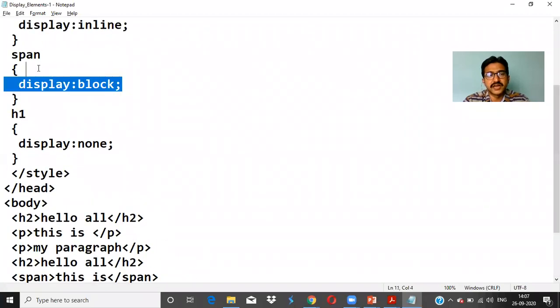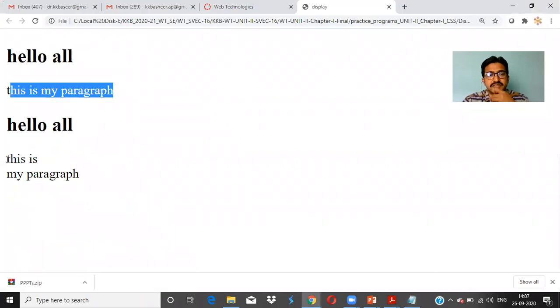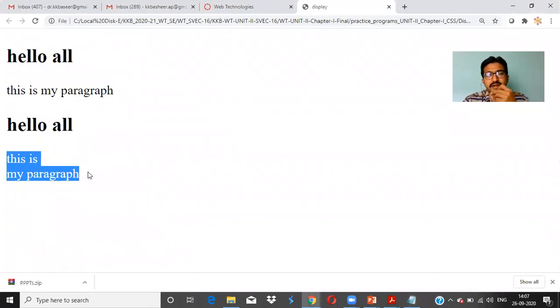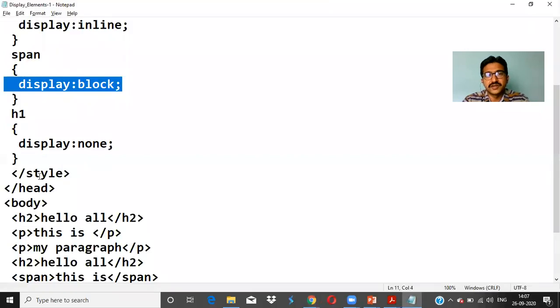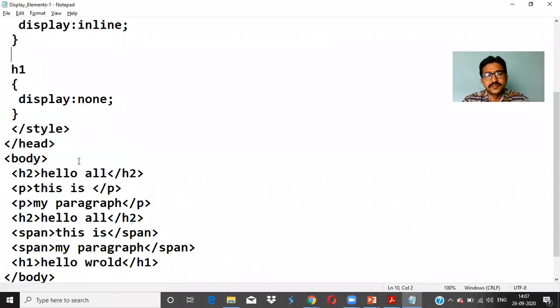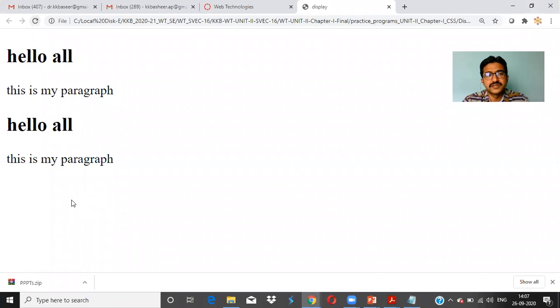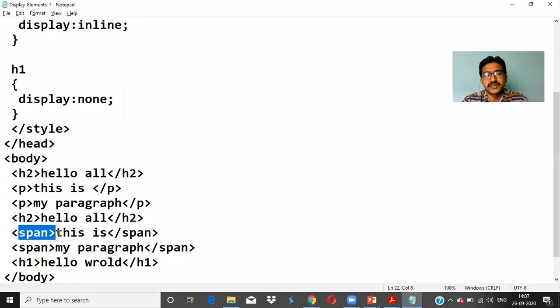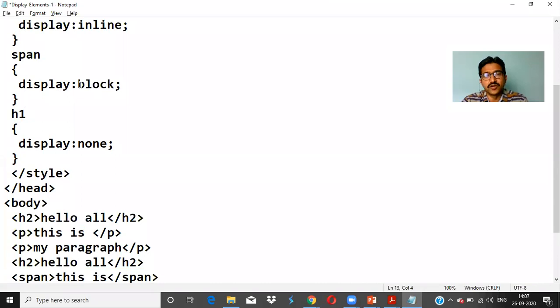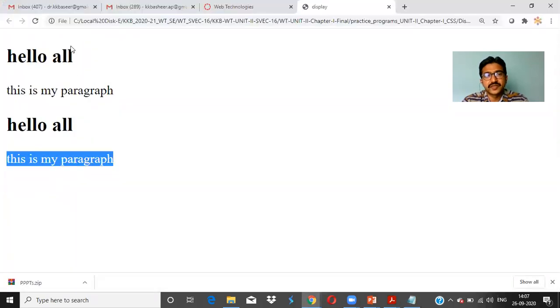here the span selector with display as block. So that's why it is displaying as this is my paragraph. Actually, it has to display in a single line, but it is showing you multiple lines because of display as block. So I'll just remove the span and refresh. See, when you delete that span, it displays as a single line, because the purpose of span is what? For a single line. Now when you use this span as a selector with display block, it is displaying as blocks.